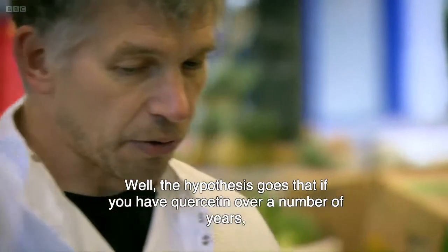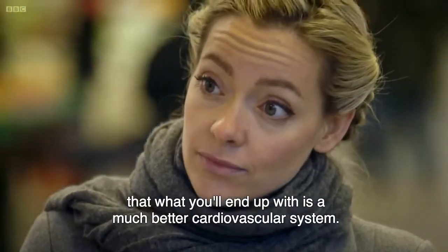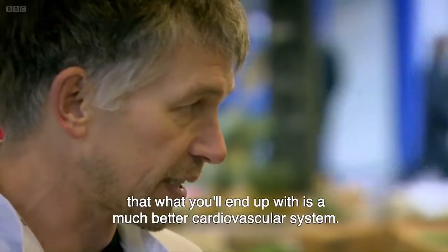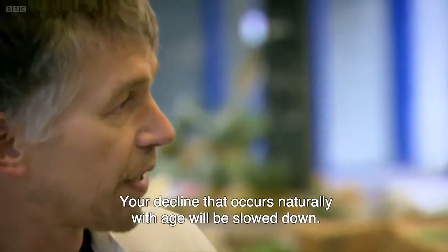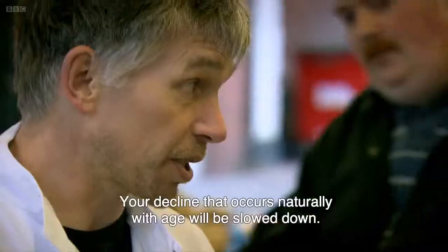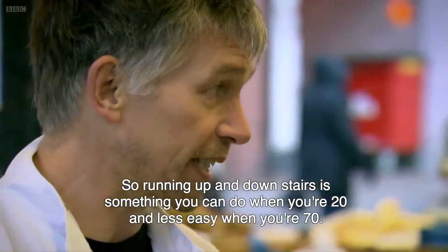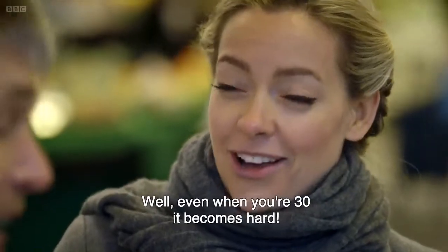Well, the hypothesis goes that if you have quercetin over a number of years, what you'll end up with is a much better cardiovascular system. So your decline that occurs naturally with age will be slowed down. So running up and down stairs is something you can do when you're 20 and less easy when you're 70. Well, even when you're 30, it becomes...